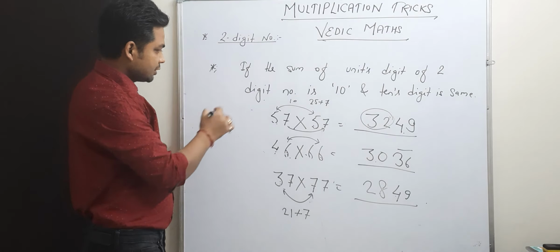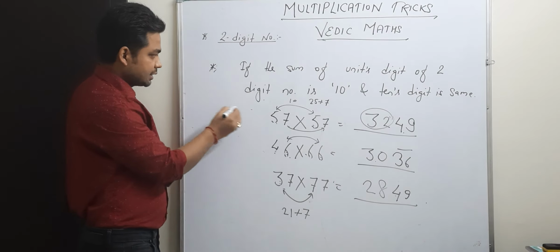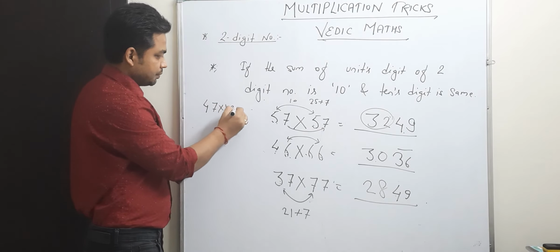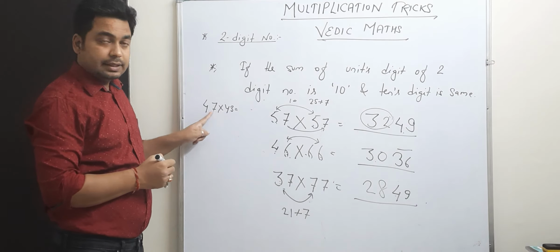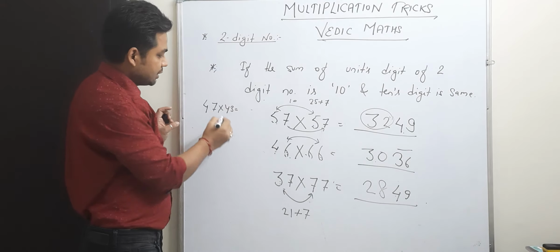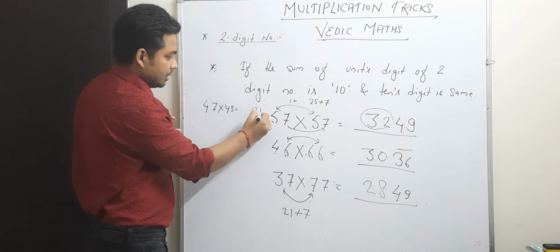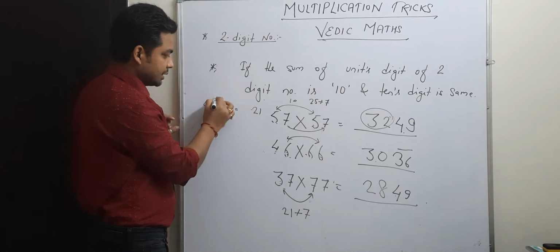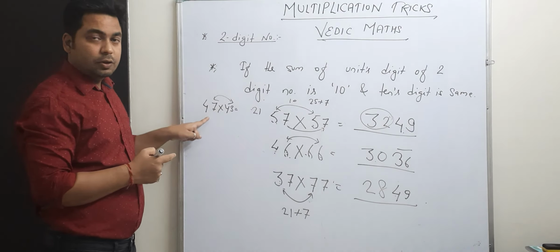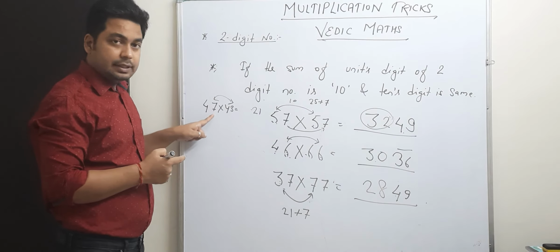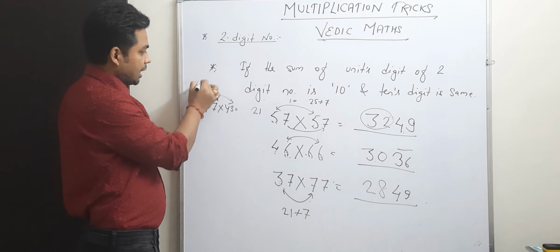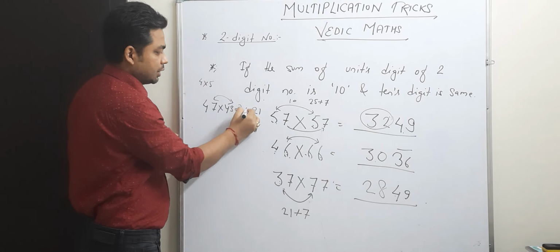Okay, and the earlier case, again I will just show you the earlier case in which 47 is multiplied by 43. In this case the tens digits are equal and the sum of the units digits is 10, that we did earlier. Again I will explain this. 7 3s are 21. In both cases we are multiplying the units digits. In this case also we multiplied this, but here we multiply the tens digit by its successor. The successor of 4 is 5, so we multiply 4 by 5, it will be 20.